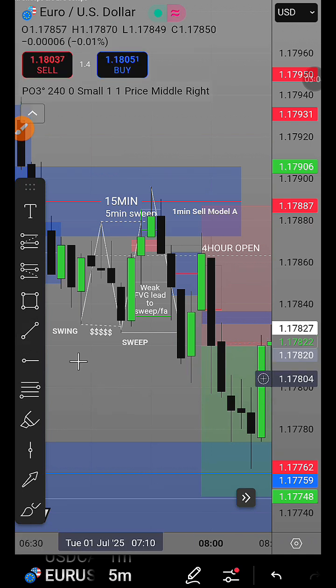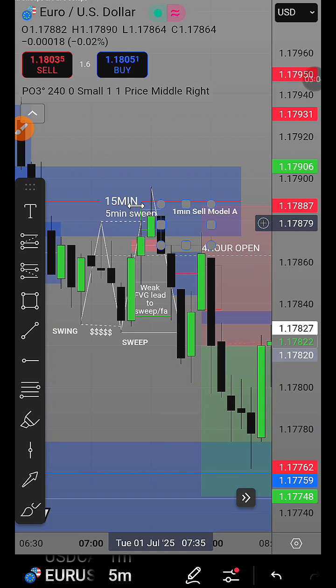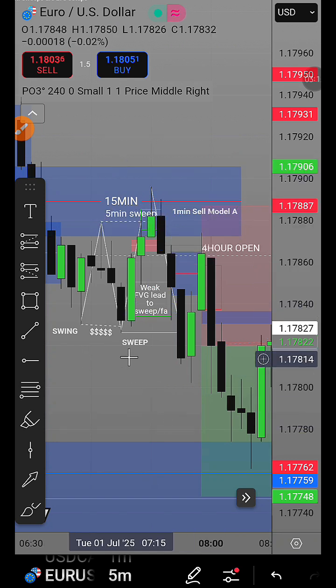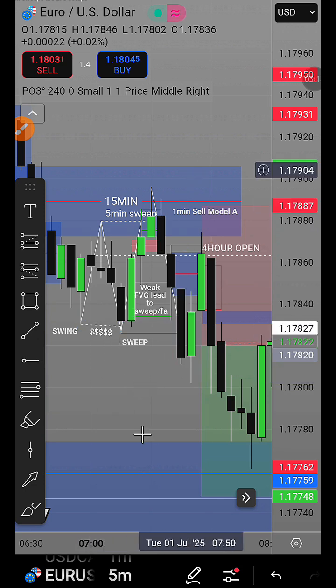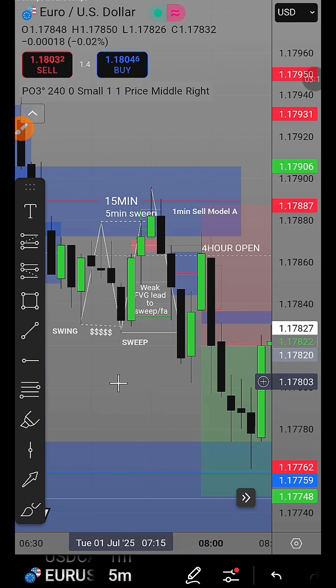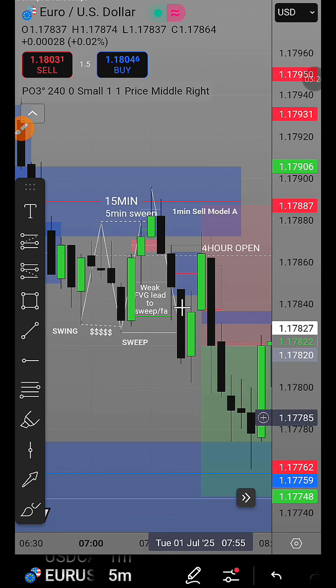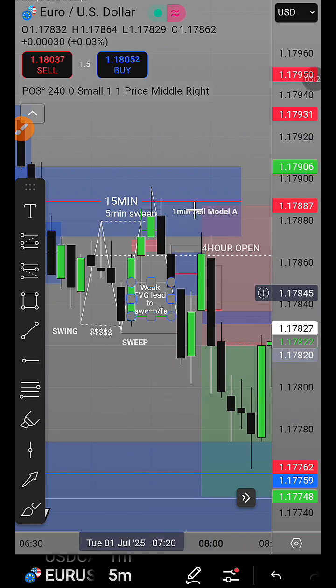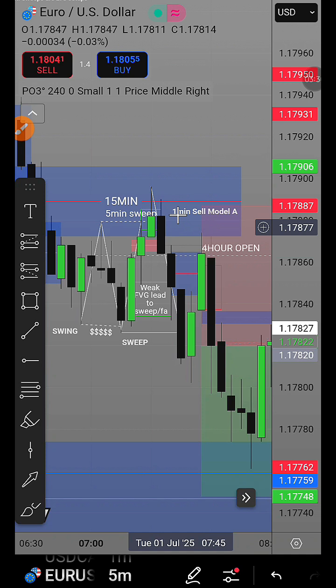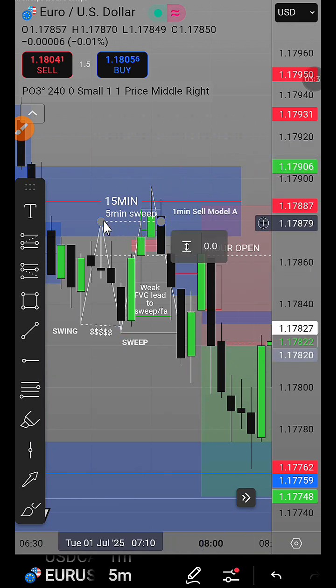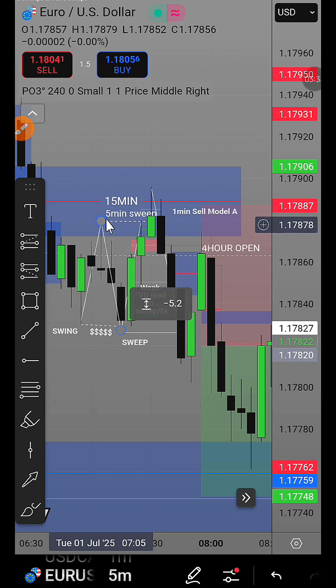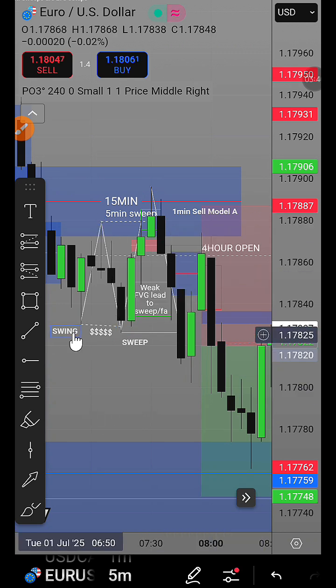So price leaves behind a swing in order to tap into that bearish FEG. The FEG, however, fails to displace lower, only sweeping the lows and then returning to the upside, right? However, I don't just take the trade once it returns to the upside. I take a trade once it inverses the FEG that created the sweep, because the sweep is a failure swing. So once the failure swing displaces the swing that created it, in other words, this swing here where the mouse is hovering over, then that's when I want to take the trade, right?